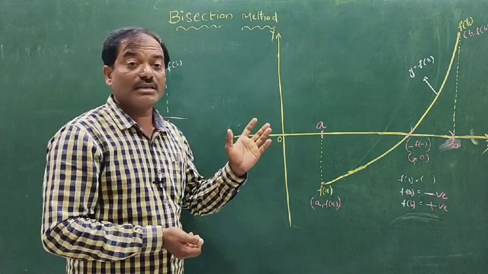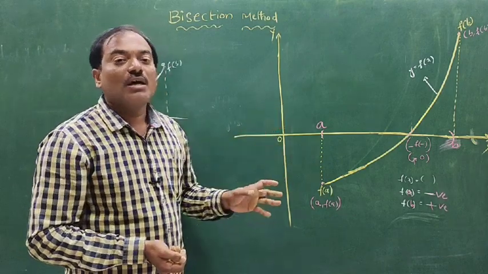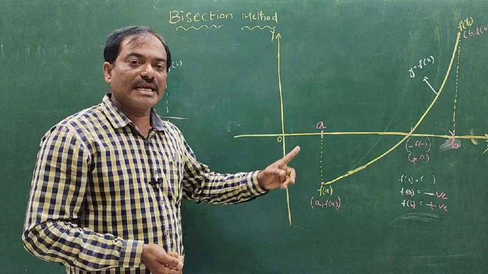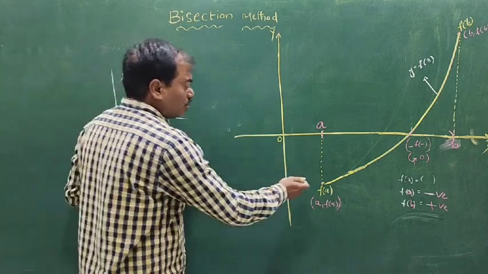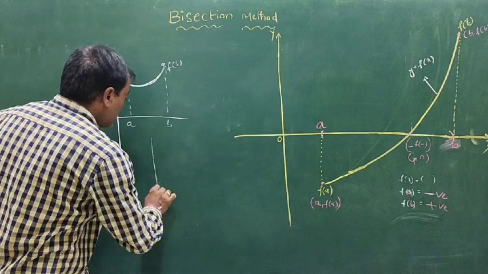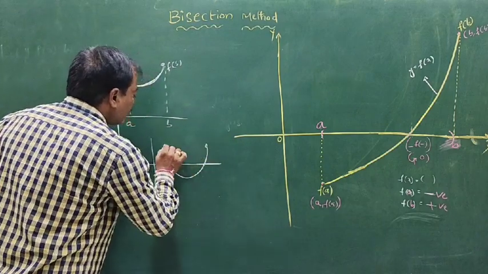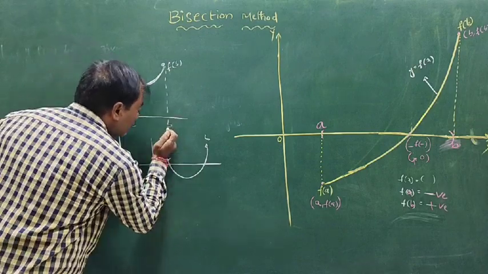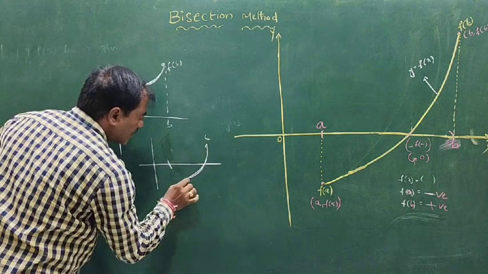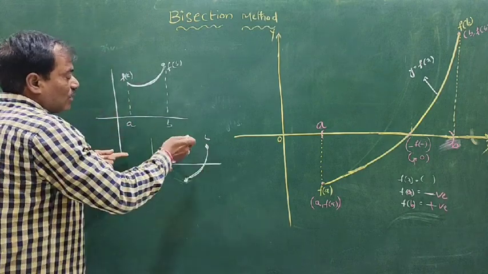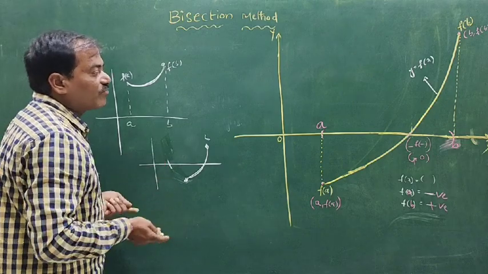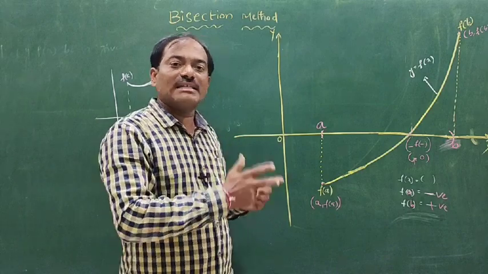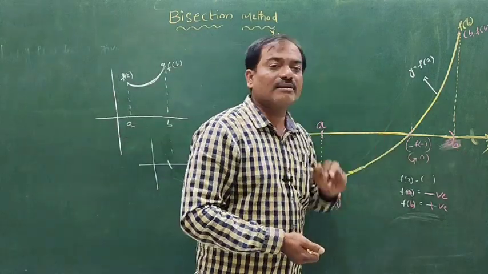Yesterday we already discussed that when y equal to f of x, the given equation having a root or zero in some interval, definitely the graph of the function is intersecting the x-axis. That's why we are choosing these kinds of intervals. Sometimes the graph is like that, meaning the function has two intervals. How to find roots in such equations we will discuss in the next classes. Here we use this method: f of a and f of b have opposite signs, and we consider the corresponding x values interval.